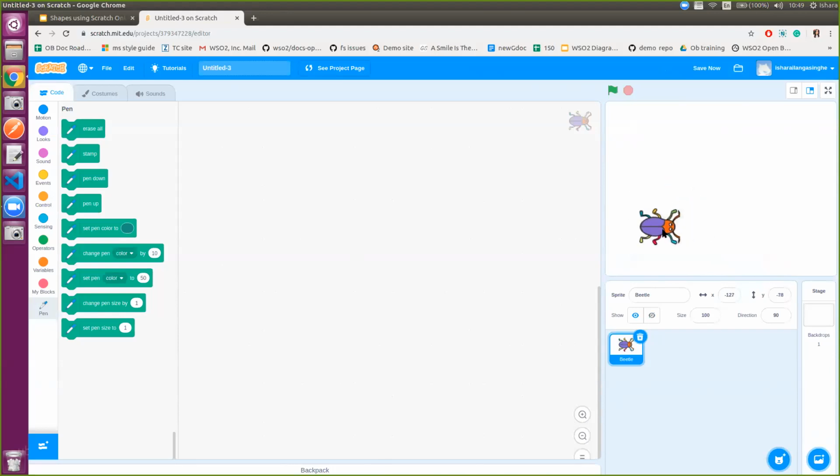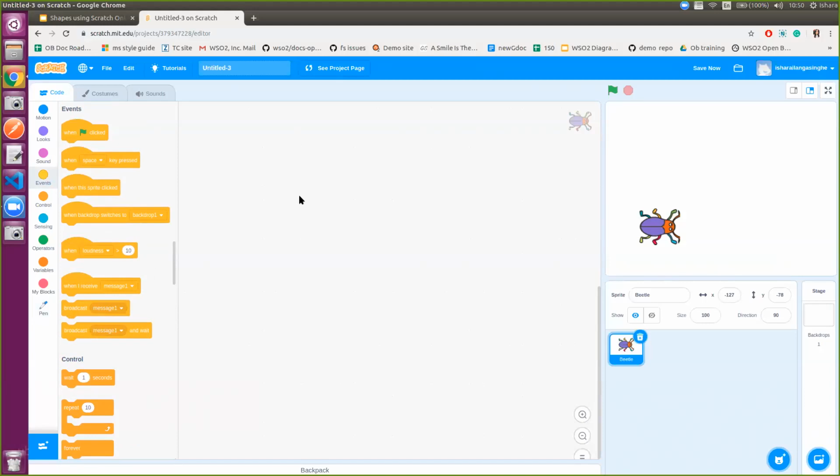So like I told you before, you yourself will not draw this. You will make sure the beetle, I'm using the beetle today, is doing this for you. So how can you ask the beetle to start moving? You need to move to draw the line, right? So that is an event. An event you need to trigger the beetle, as in you command the beetle, okay, start